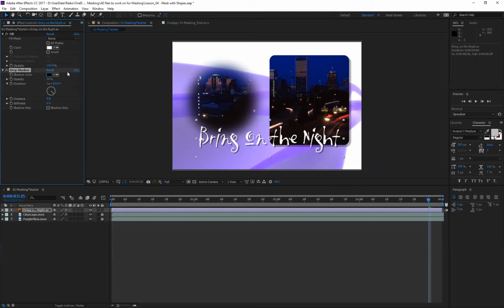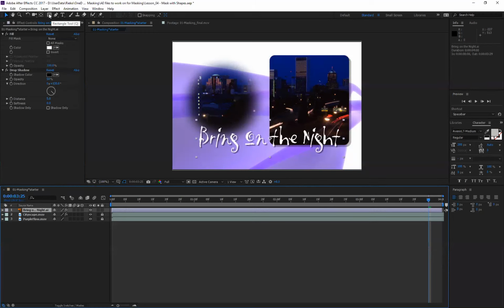So how do you do that? I'm going to use a rectangle mask and change its shape so that only one letter at a time will reveal. So you select this layer, Bring On the Night, because I want to put a mask over it, and